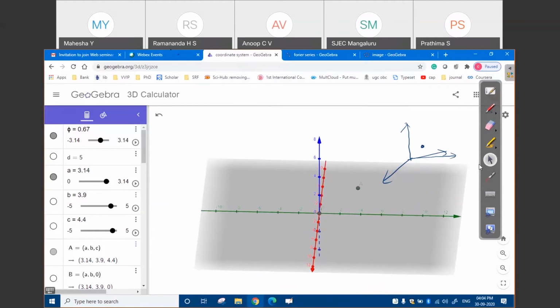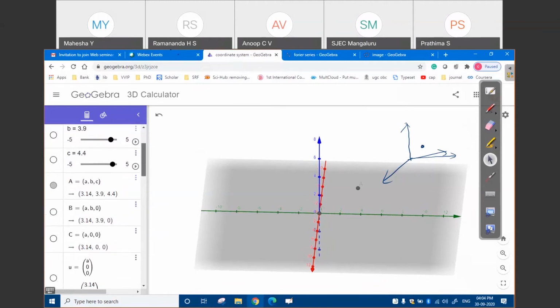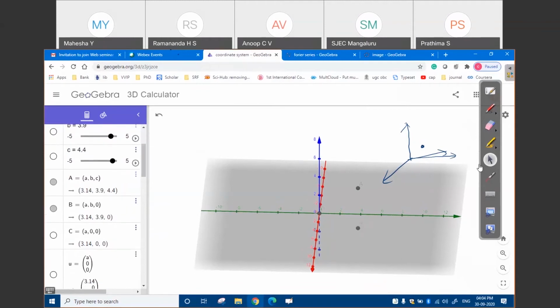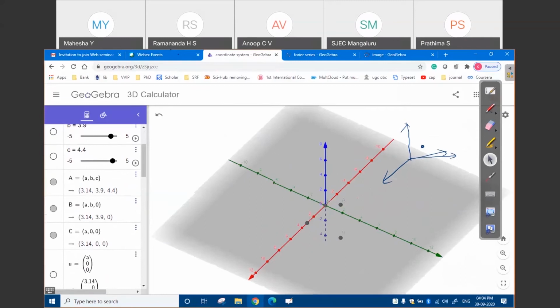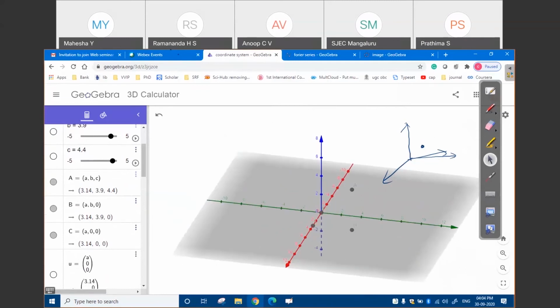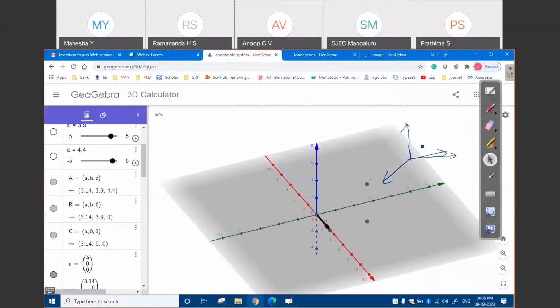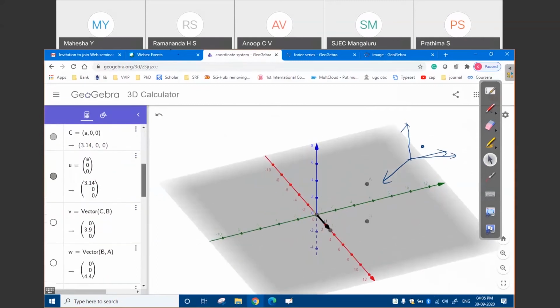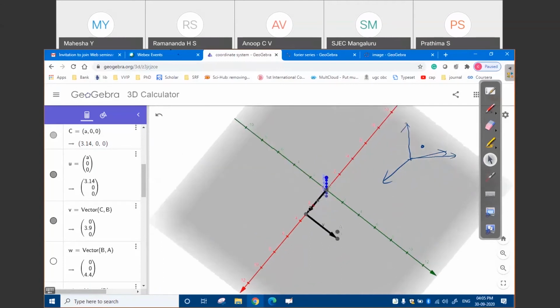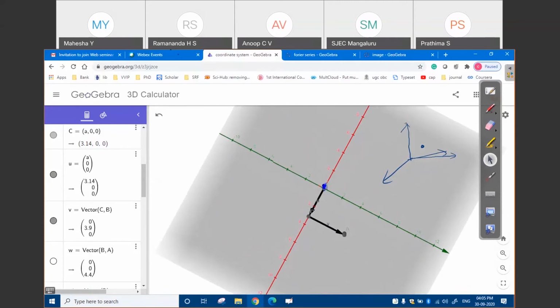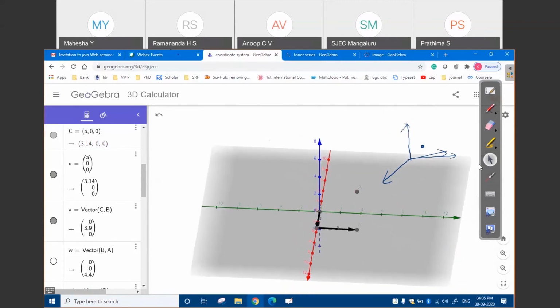So normally, first the Cartesian coordinate system is represented. For representing the Cartesian coordinate system, I will use 3 vectors. That is how I can reach the point A from the origin. So I'm using u along the x-axis. Then I'm using v along the y-axis, in the direction of y. So I will reach the point B, which is just below the point A. You see from the top, it is just below the point A. And then I'm using the third vector like this, so that I can reach the point.